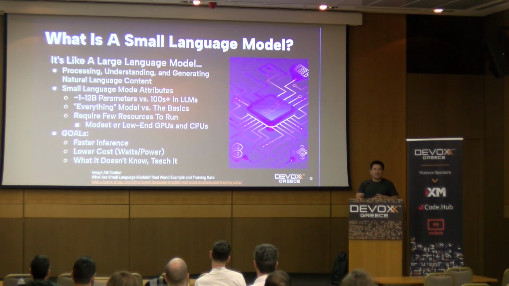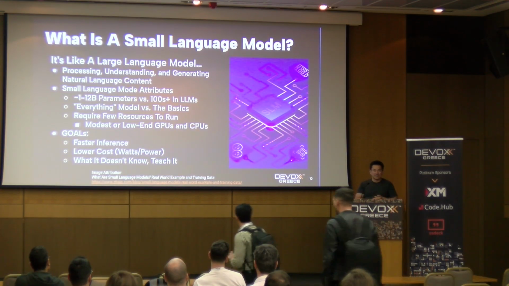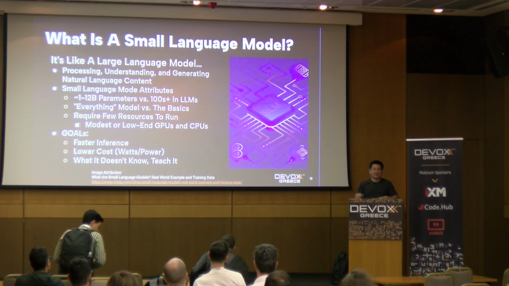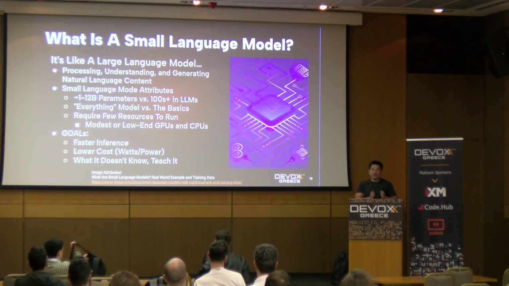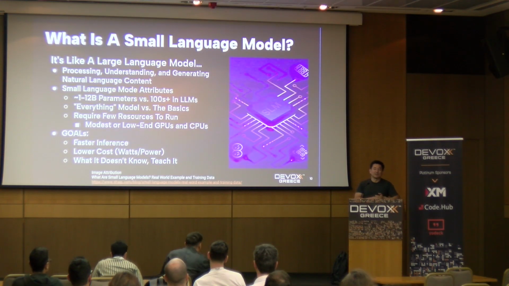And instead of large language models that can do everything, like if you ask it about turtles, it'll be cool. If you ask a large language model how to bake a cake, it'll totally understand. If you ask it for legal advice, large language models are cool for that. But small language models are purpose built for very, very specific things. And typically the only thing they're usually good at is one thing, and it's usually language related.